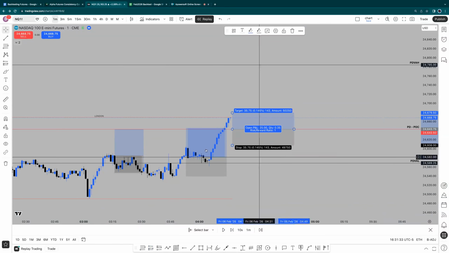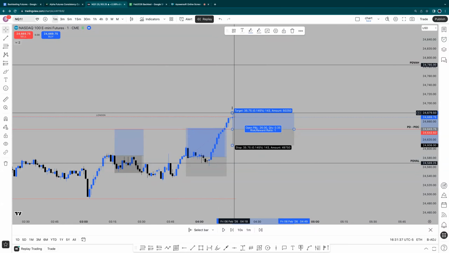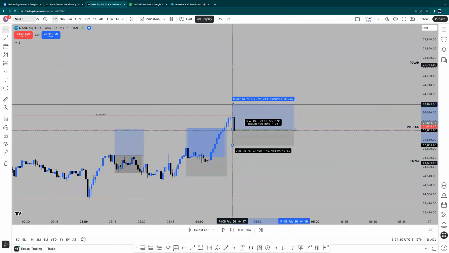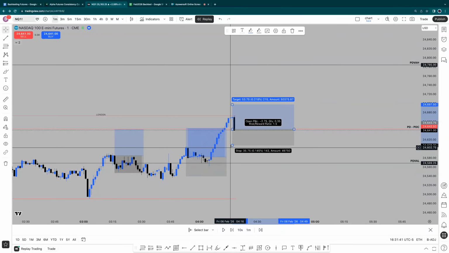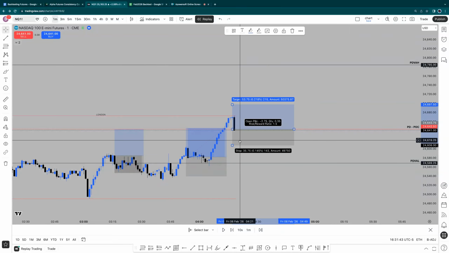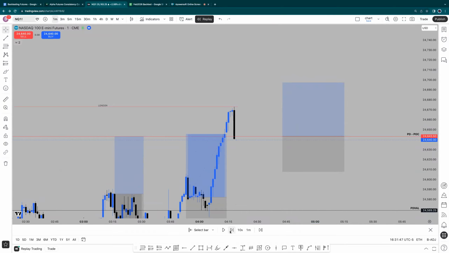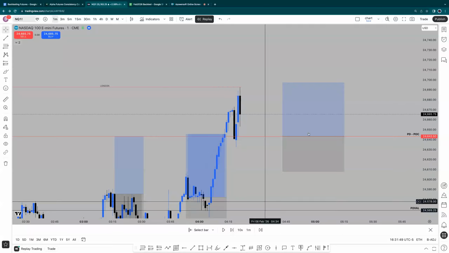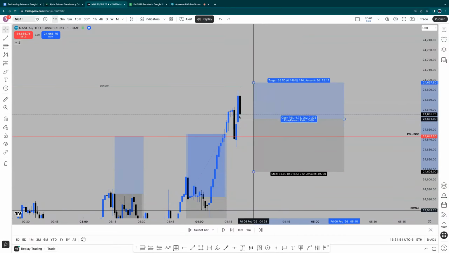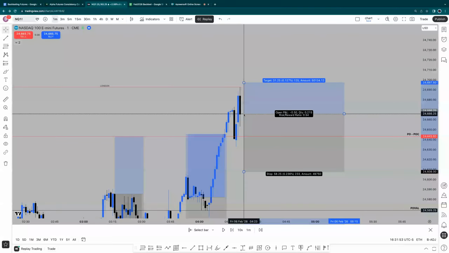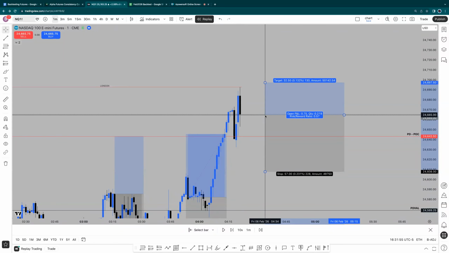The only problem with this is we don't have any wicks down here to put a stop loss on. So we're going to have to see what happens. I wouldn't have my stop there. There is no trade for me at this point because I just wouldn't know where to put my stop. I'd most likely look to see how it reacts off the level first, like that, and then I may take the trade. Probably we didn't get a market structure shift, so